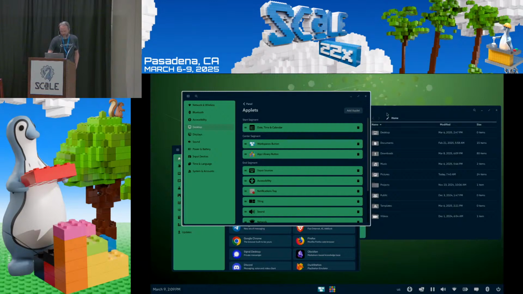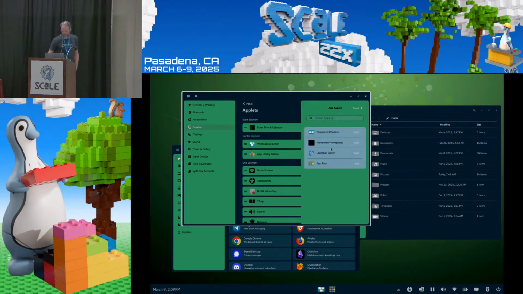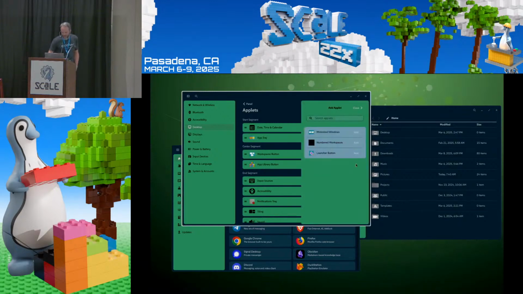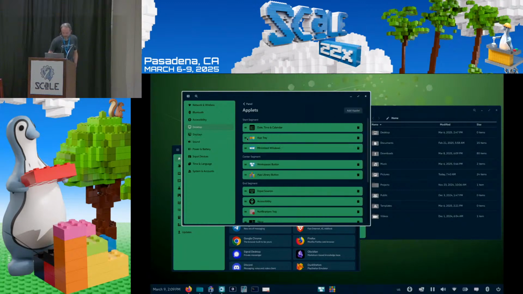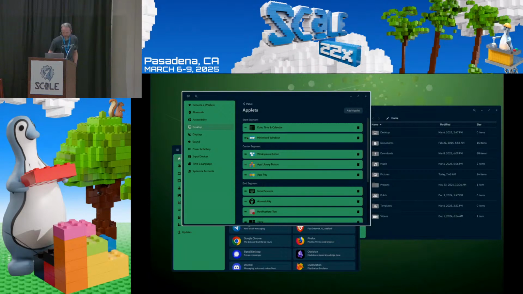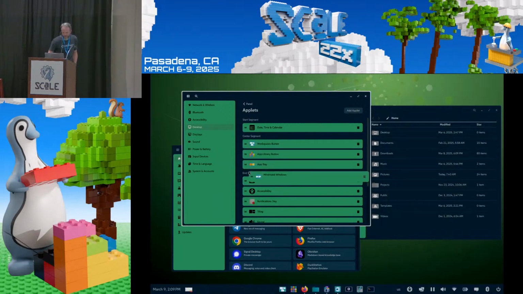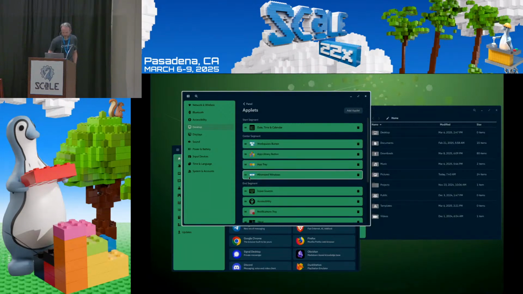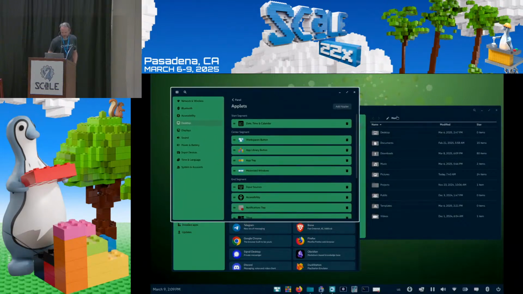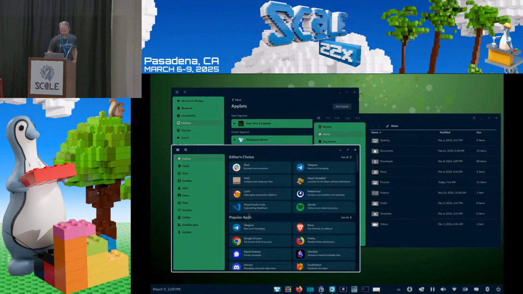I don't have a way to launch applications, right? But if I add an applet, okay, I'll add the app tray and minimize windows. That's not in the right place. Let's move the app tray over here and minimize windows. And now I have a brand new